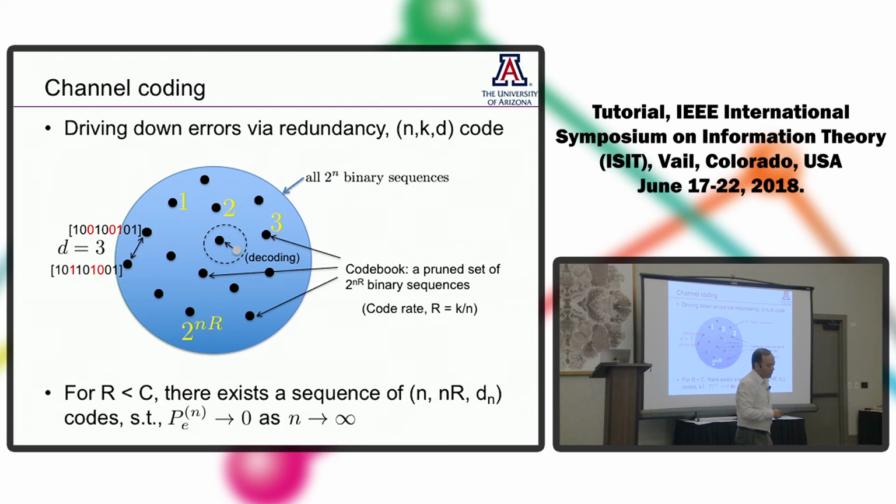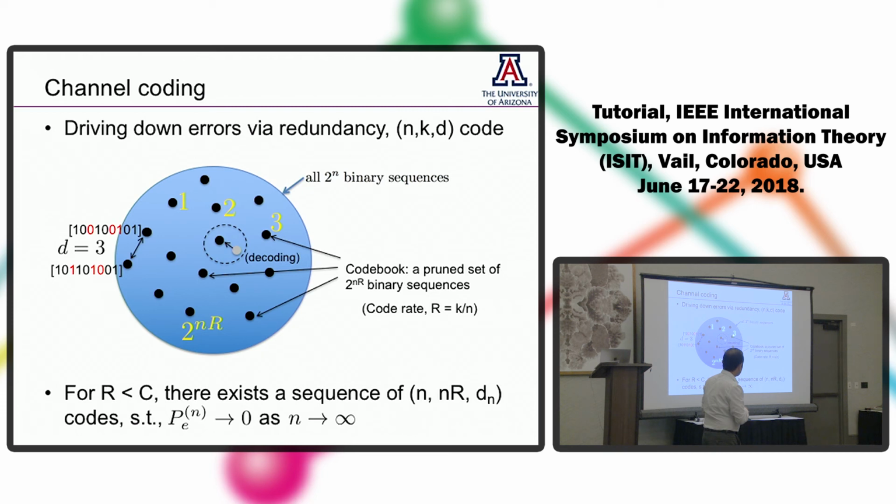Why does coding help? So the intuition behind coding is that you have all possible 2 to the n binary sequences. Each of these binary sequences could consume n uses of the channel. Every time I use the channel, I send a 0 or a 1. But I don't use all the 2 to the n binary sequences. I'm still using n uses of the channel, but I only use 2 to the k of these 2 to